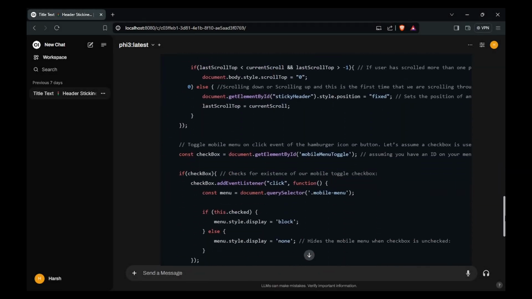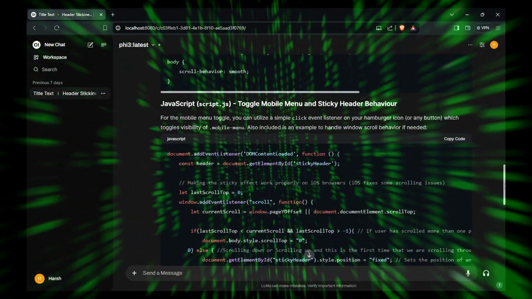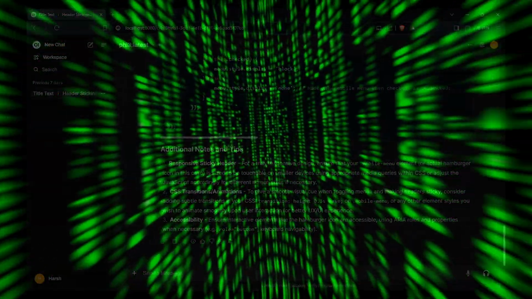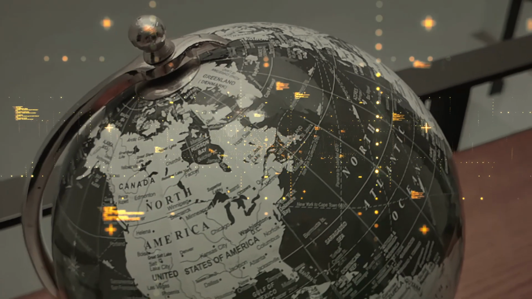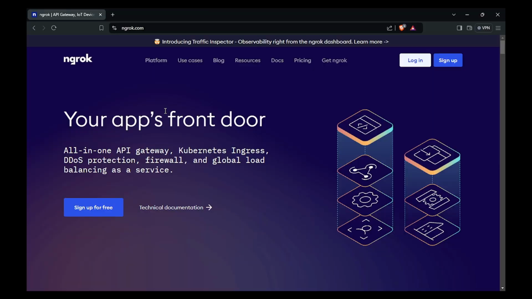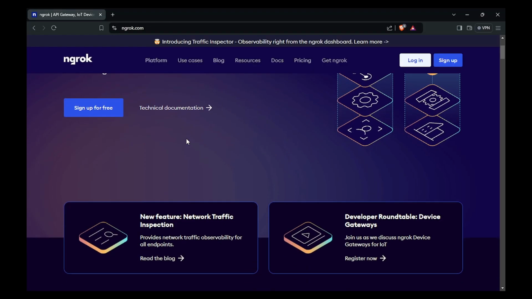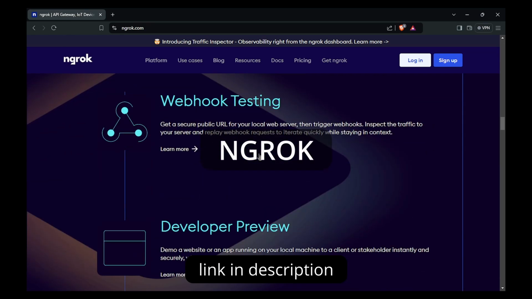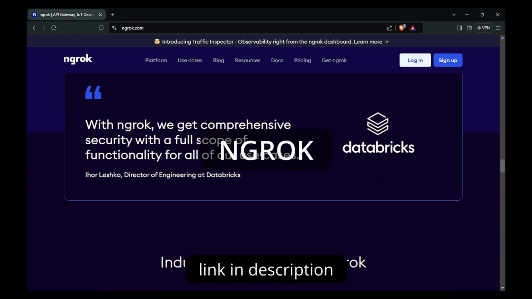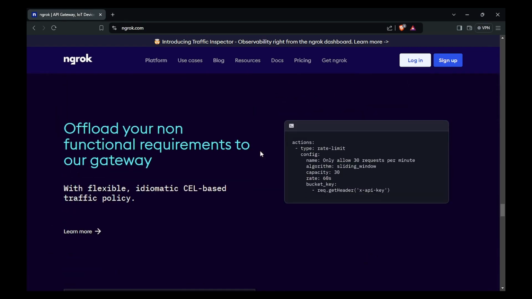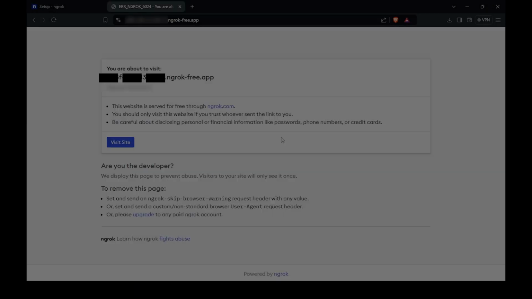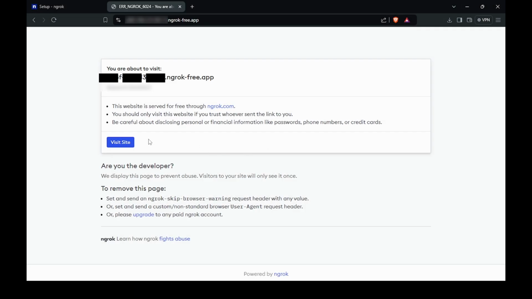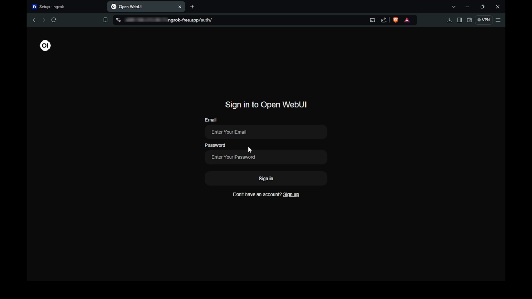This will only work on the local network, but let's get creative. How about accessing local AI, which is hosted on your home server but can be used from anywhere in the world? Yes, there is a way you can do it. It can be done by tunneling local services to the internet. ngrok is a tool that allows you to do this, but there are many other alternatives. What it does is generate a link like this, through which you can access your local host.